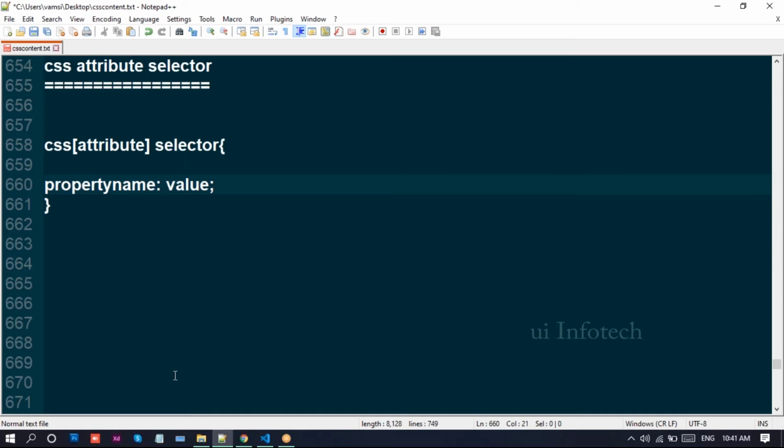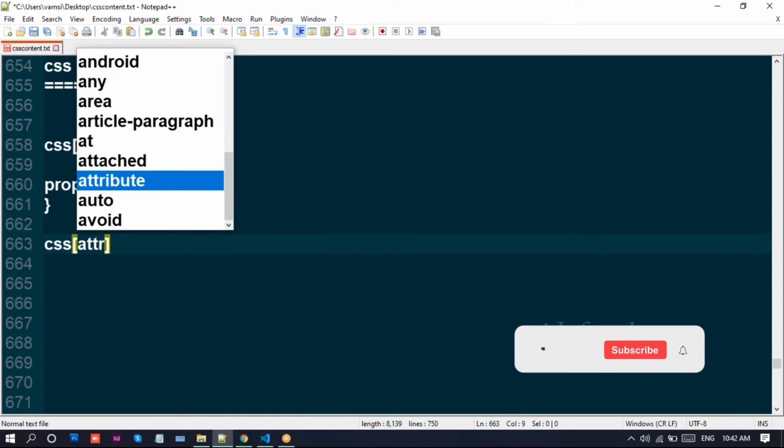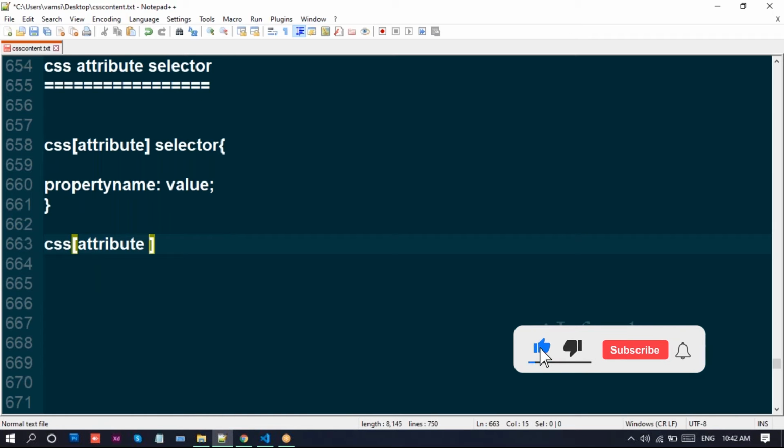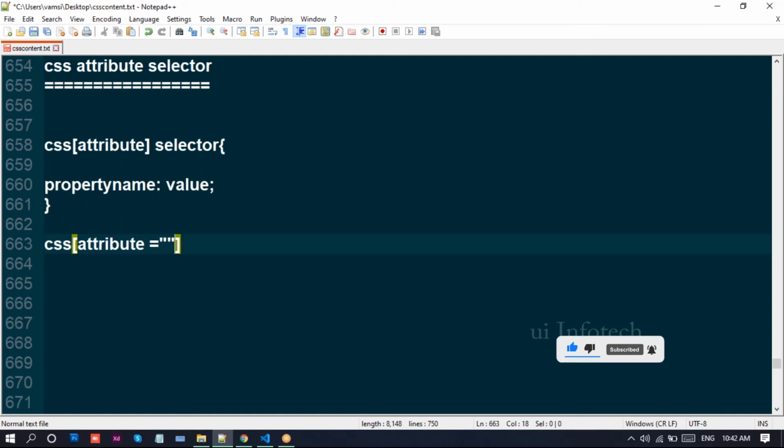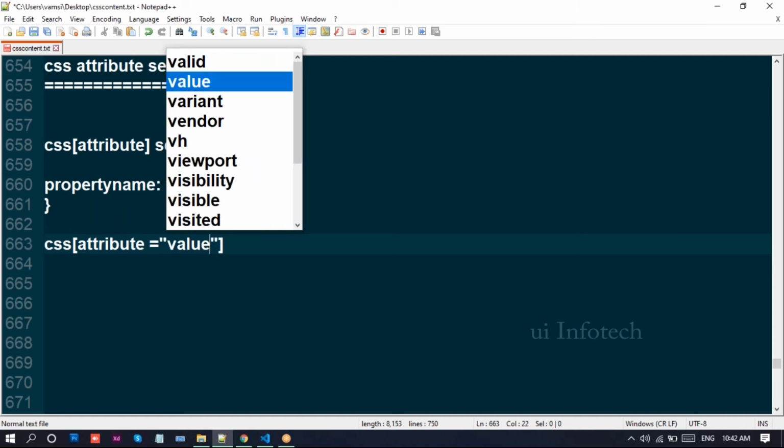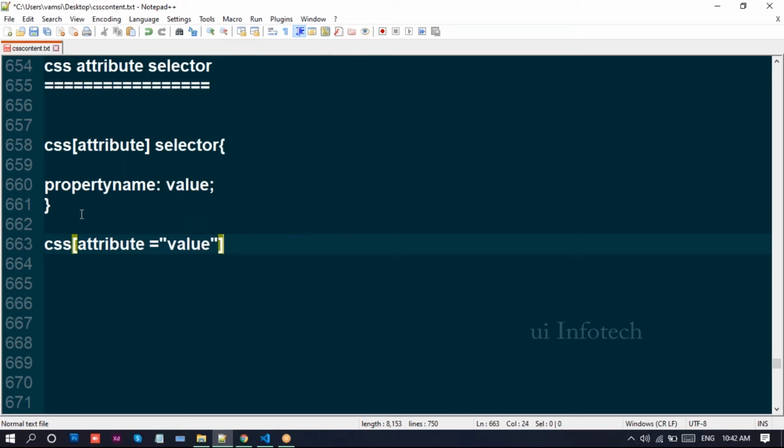Nearly we have different selectors available. I'll explain what selectors we have. Here we have the CSS attribute value selector.